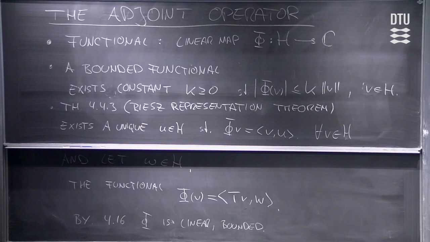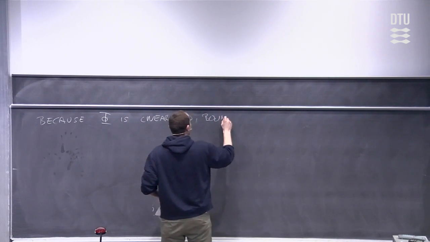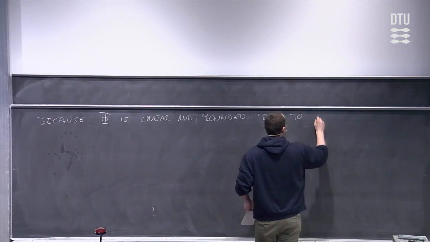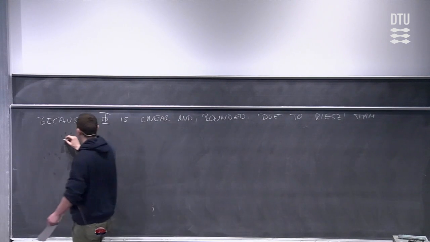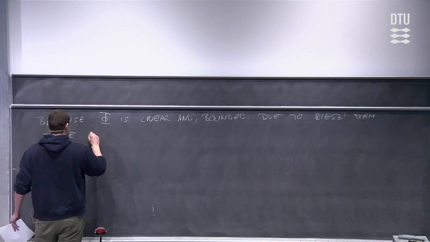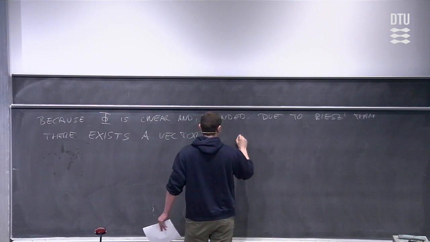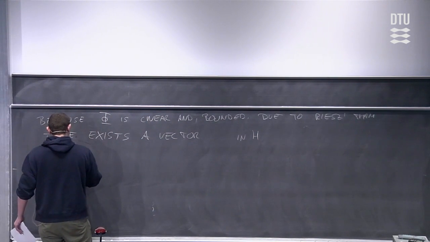And that we do in the following way. So, because phi is linear and bounded, then due to Riesz' theorem, there exists a vector in our Hilbert space H, I leave a gap here on purpose because I'll write the name of that vector in a minute, such that,